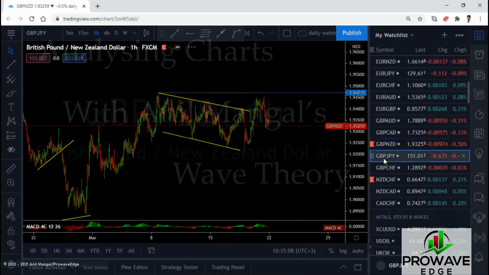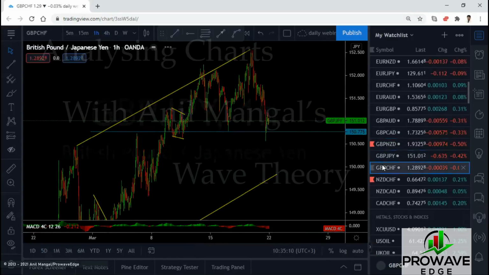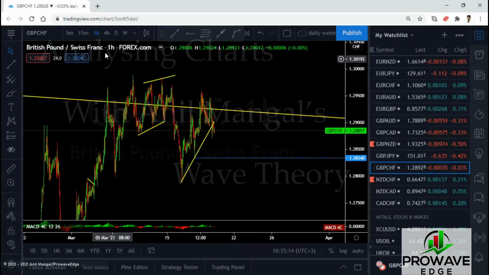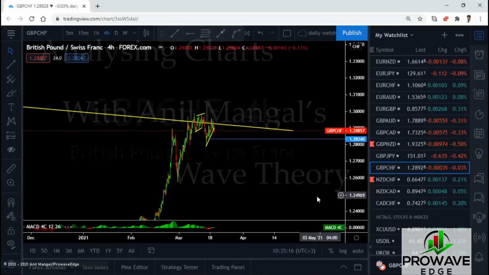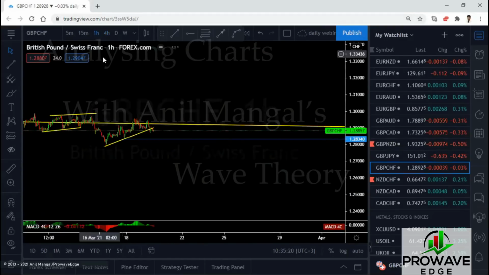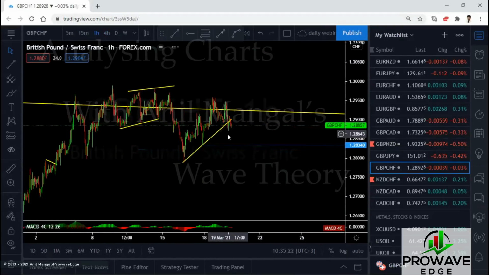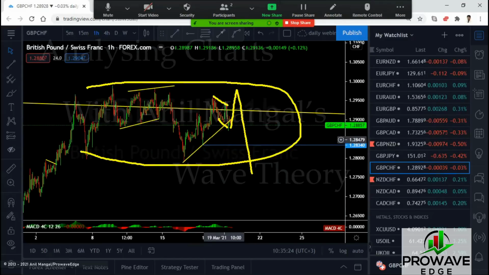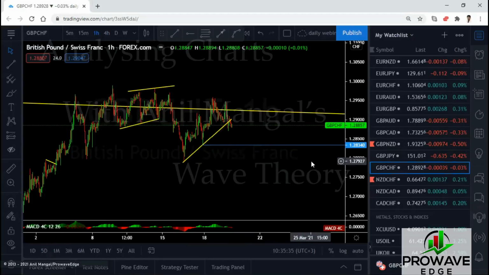Let's go. We already did this. Pound Swiss. It's a big consolidation. I think all the Swiss pairs have this weird consolidation going on. Just stay away from it. It's downside mostly, but it's not going very fast and it's not going very far. See? It's kind of consolidating here. Go back up one more and then come here. So probably stay away. We're getting some weird consolidation in there, and the trades are not even worth it when you get in there.